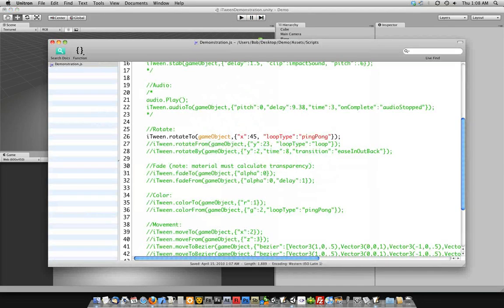Alright. Let's go ahead and take a look at Rotate From, which, as I said before, is good for setting up a scene. I'm sure you can use it in much more creative ways, but the intention for why I included this method was to bring things in so you could visually set them up in your scene and then have them animate to where they are. And don't forget, by the way, that iTween does work on GUI textures and